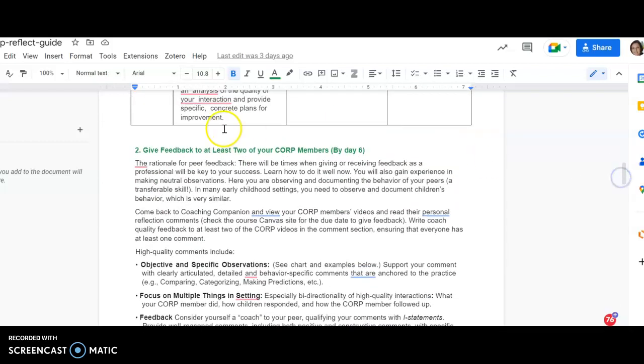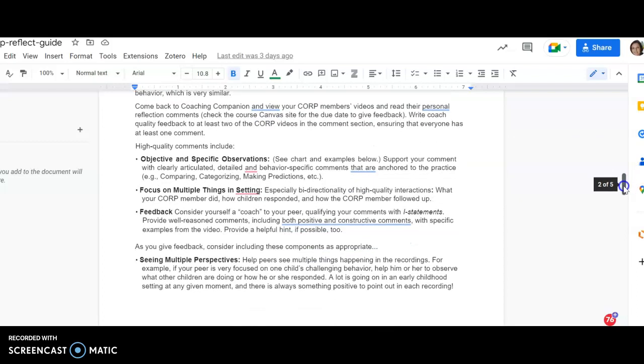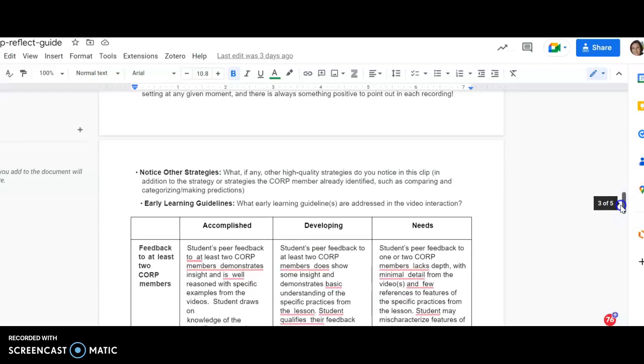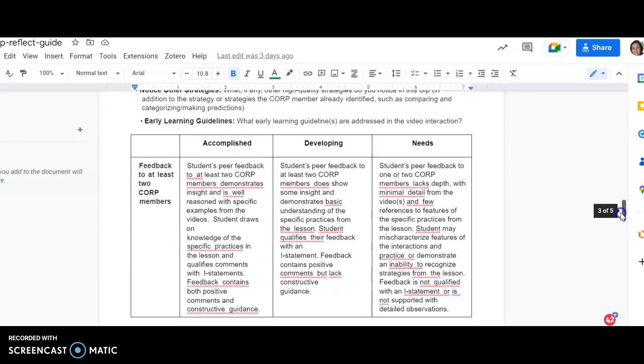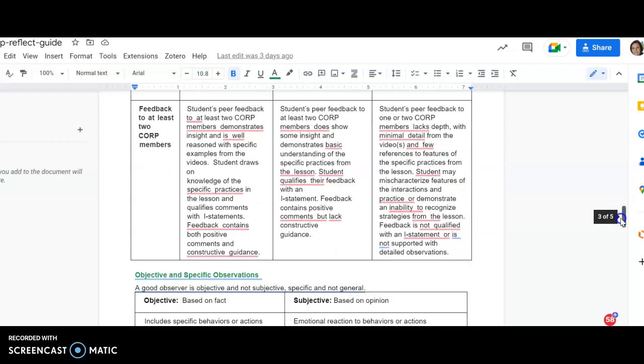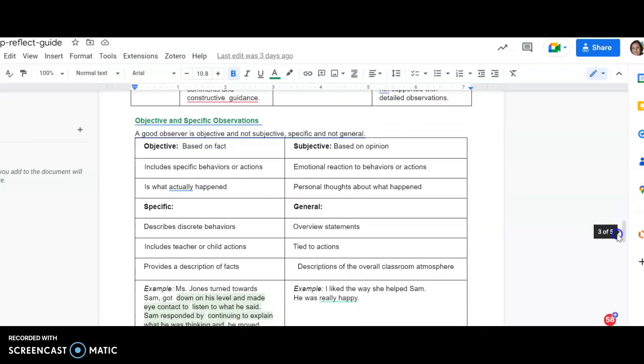videos. On day 6, we want to provide feedback to your peers. Remember, we want you to be objective and specific, focus on multiple things, and provide feedback. As you're providing feedback, think about multiple perspectives, notice other strategies, and think about the early learning guidelines. What are the guidelines that are addressed in that video? So here's an example of feedback that we expect to see from you to your peers. Examples about what it means to be objective versus subjective. So we want you to really stay in this column, objective, specific, and provide detailed description of what's actually happening